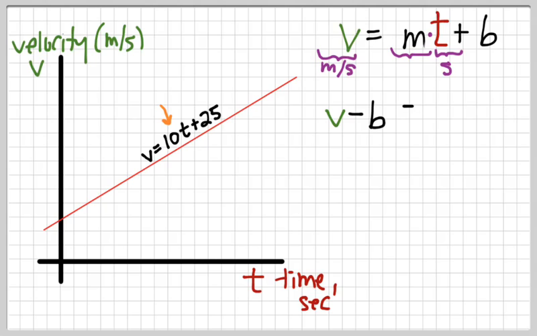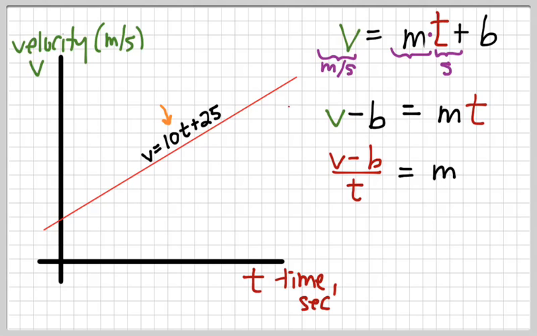Subtract, right. Addition and subtraction happens first, so we'll subtract b from both sides. And then, to make m the subject, divide by t. Great. So m is v minus b all over t. So rearranging this equation to make m the subject, now to figure out what the units of m are, all